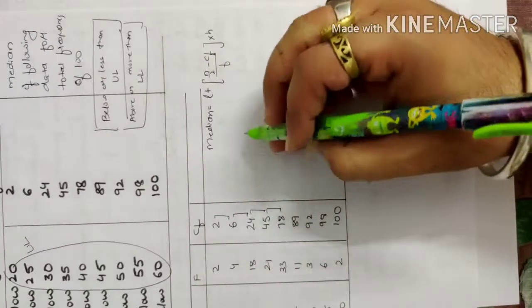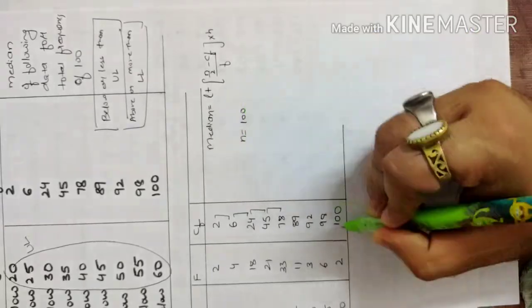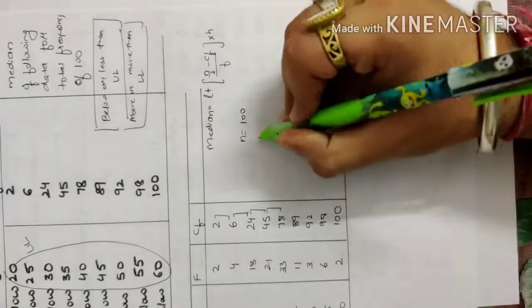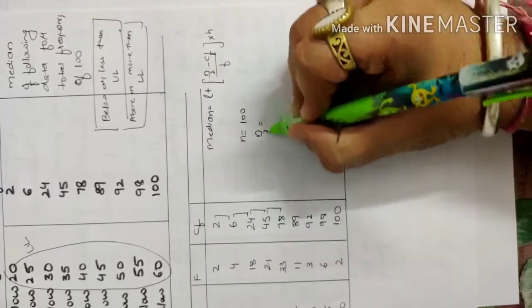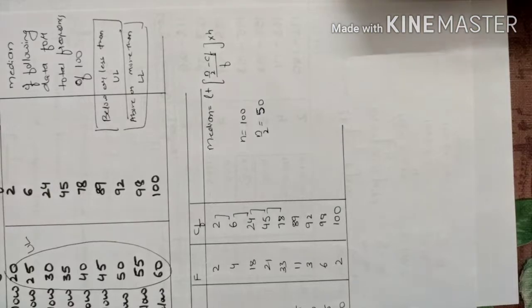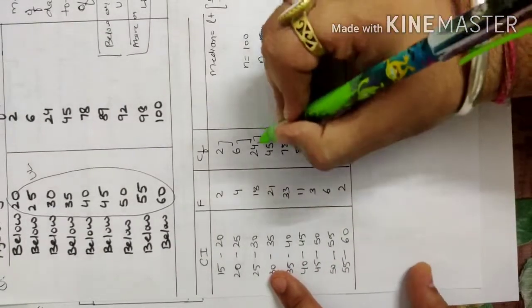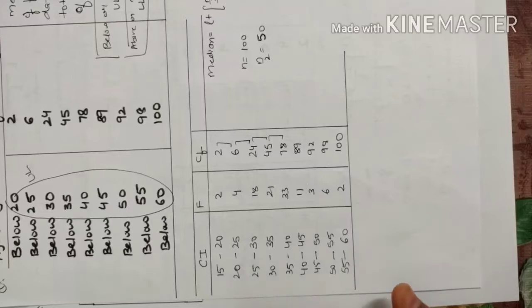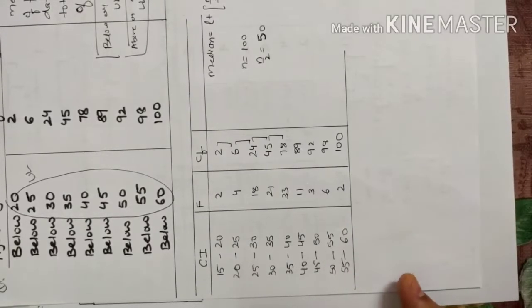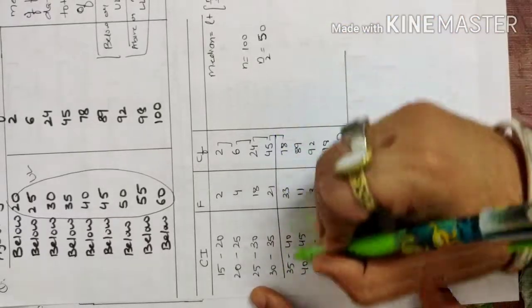Now to calculate the median, again we have to go through the same things. First of all, calculate n, that is given to be 100. The last CF is always n. n by 2 is 50. Now we have to pick a CF which is greater than 50 and closest to 50. Greater than 50. So okay, 45 is closer to 50, but this is not greater than 50. Pick a CF which is greater than 50 and closest to 50. So this will be 78.